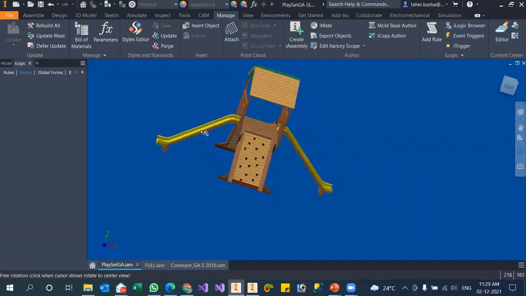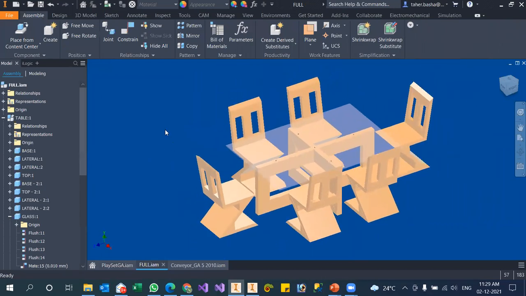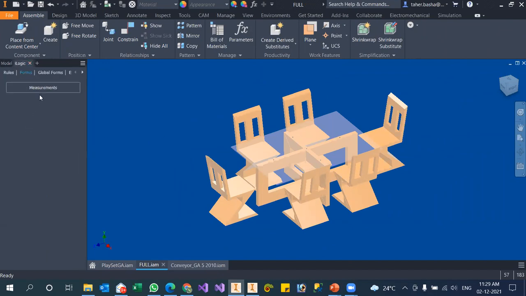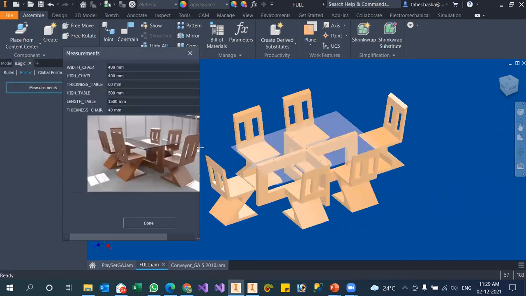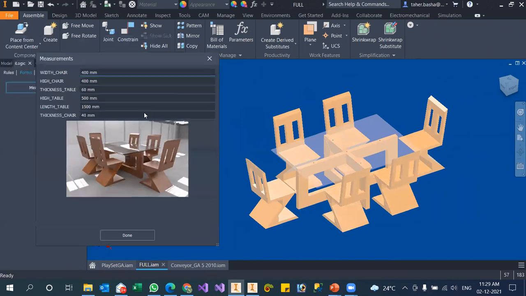Very easy. Let me go for furniture. So it is not limited to manufacturing people or people who are working with machines and all. It is also useful for people who are building furniture. Then you can quickly go for measures. Just open this form and then go for adding your desirable details.